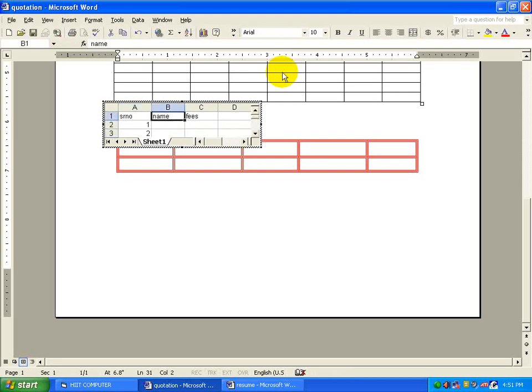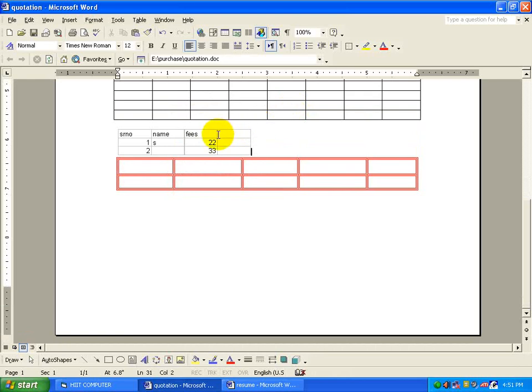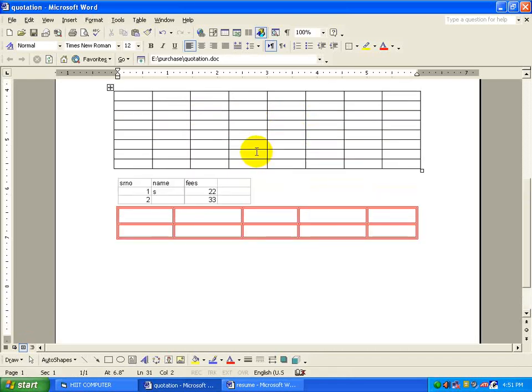You can create your own Excel information. After completing, just click the mouse right side. See, the Excel sheet information is placed in the Word file.